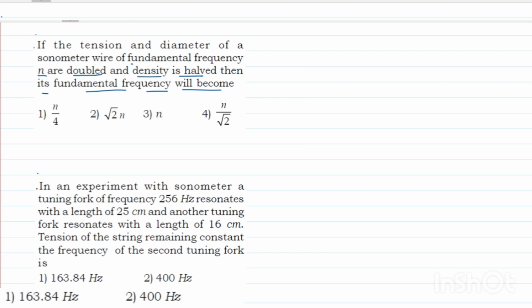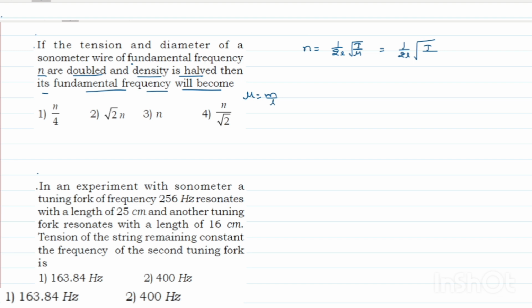And here you are doubling the frequency and the density is becoming half, and they are asking for its fundamental frequency. Here it's nothing but n equals 1 by 2L into root over T by mu. In terms of density, mu is the linear mass density, so T by mu, with mu being mass